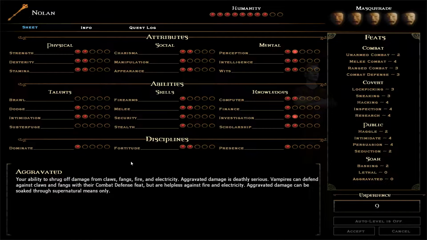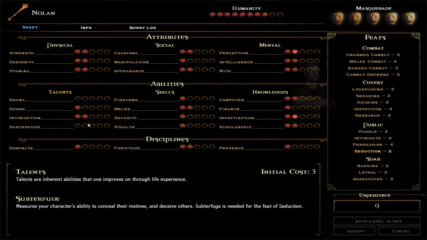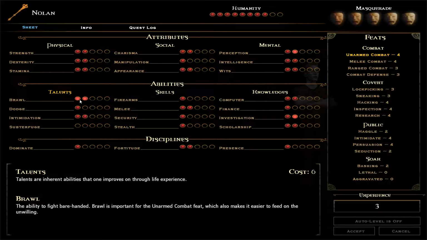And I think what we're going to do here is we are going to raise our brawl up to 2. Now, the reason that we're going to be doing this is not only for hand-to-hand combat. I know I'm designing Nolan as more of a melee fighter, but Brawl also assists when we're feeding in the middle of combat. When we're trying to take blood from someone who is unwilling, the Brawl helps with that grapple